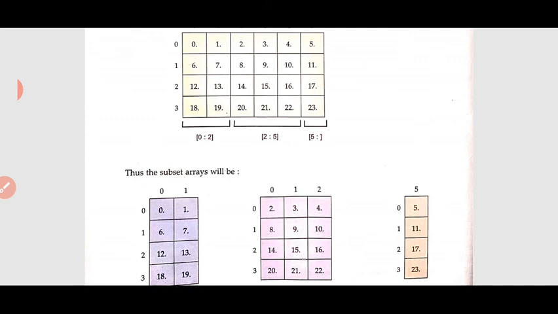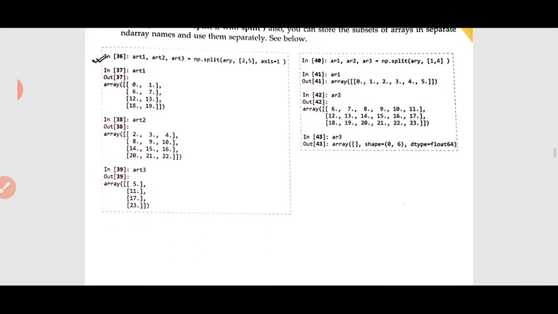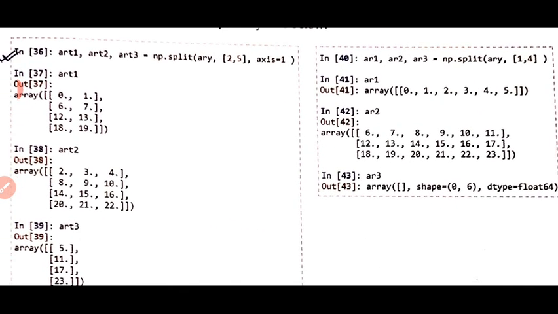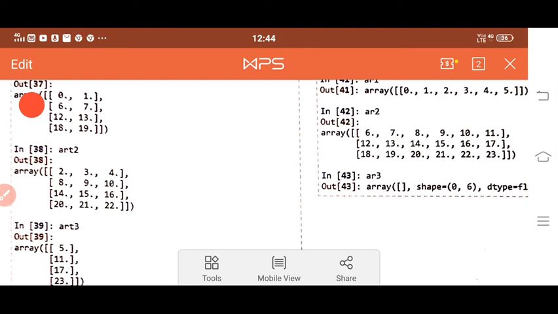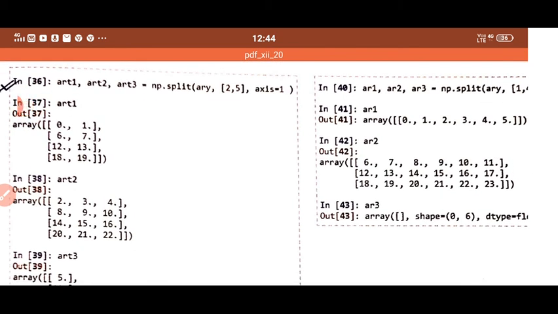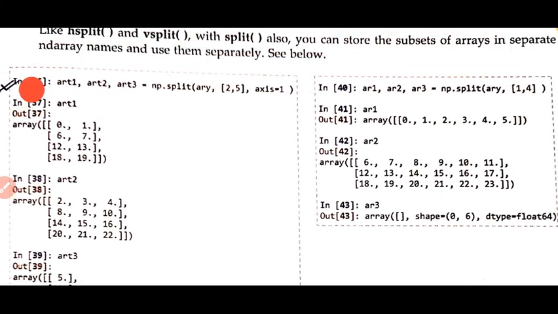Same, we can save them inside names also, like previously. So before splitting, only assign 3 names. In this input 36 you can see before splitting we assign 3 names: ART1, ART2, ART3 is equal to np.split(ARY, [2, 5], axis=1).